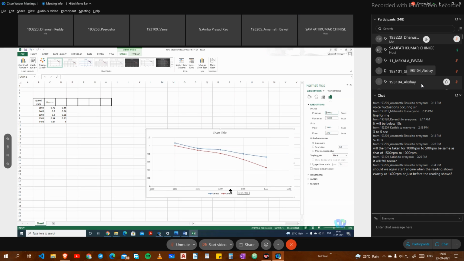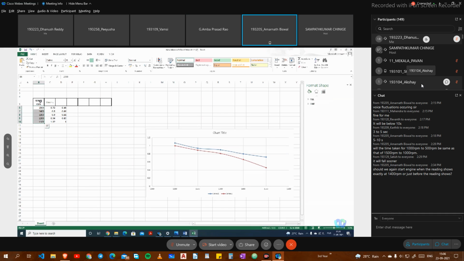I don't understand what you are asking, sir. What is it that you are asking? You are asking from 1400 to 15 into the 14? In the data tab, there is one option, switch row column. When you select data, rows will change to columns and columns will change to rows. This is what you are asking, sir?